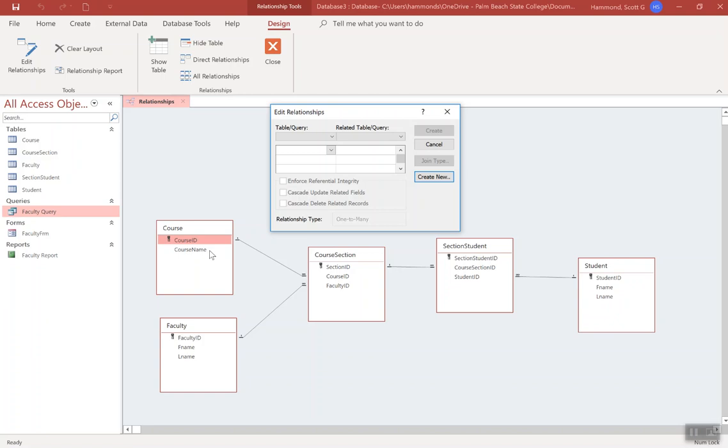Now, let's say that for whatever reason, now I wouldn't do this, but let's say that I wanted to delete Jim's record from my database. I no longer wanted to keep his data. Purge him from the system, if you will. When I delete him, that will cascade delete records. So anything that he was associated with would then be deleted. So